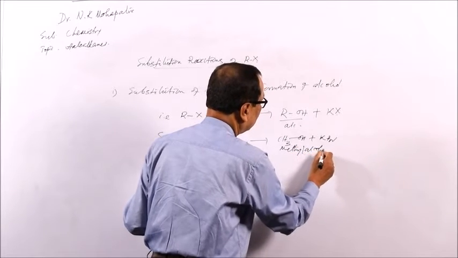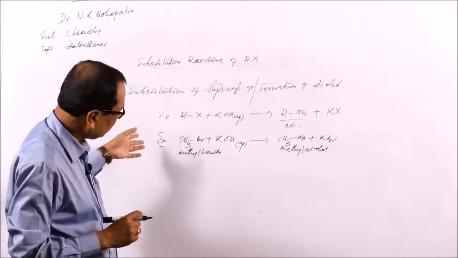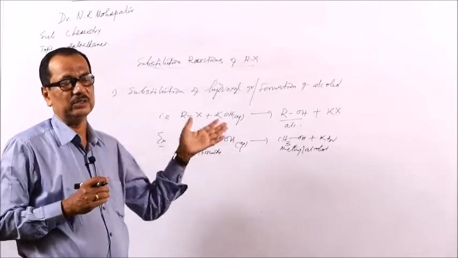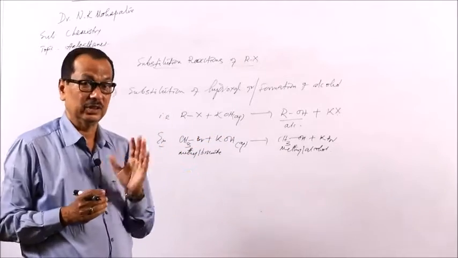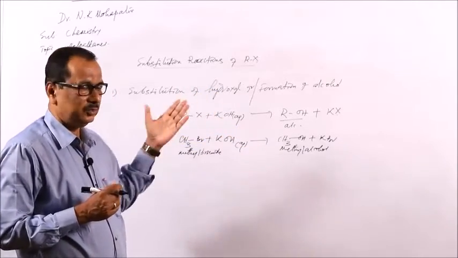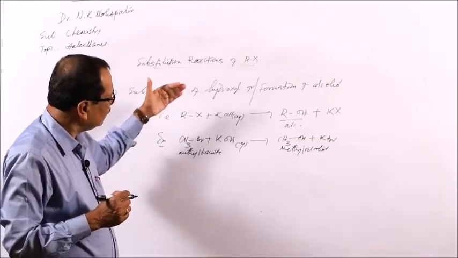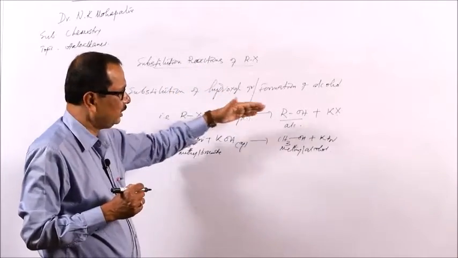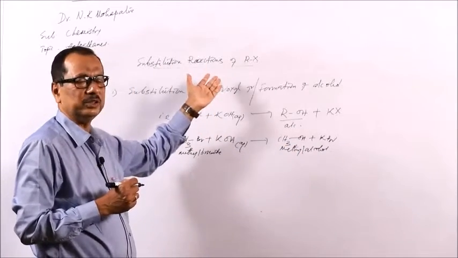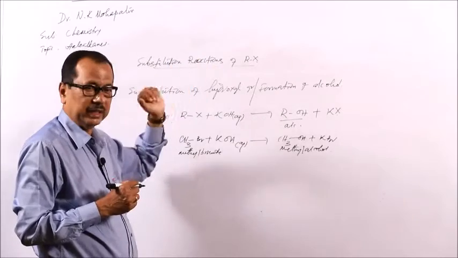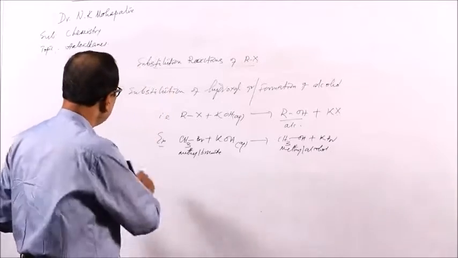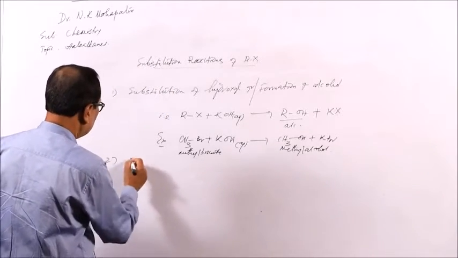alcohol. The students must remember, in the previous class we discussed that when alkyl halide is treated with aqueous KOH, we get alcohol. But if alkyl halide is treated with alcoholic KOH, you will get alkene. Elimination will be there, but here substitution will be there. Just for the difference: alkyl halide having more than 2 carbon atoms, when treated with alcoholic KOH, gives alkene. Elimination occurs. Now, the second substitution reaction is substitution of